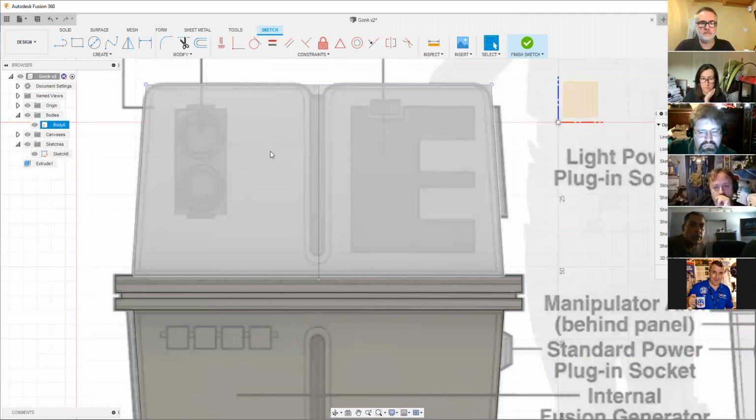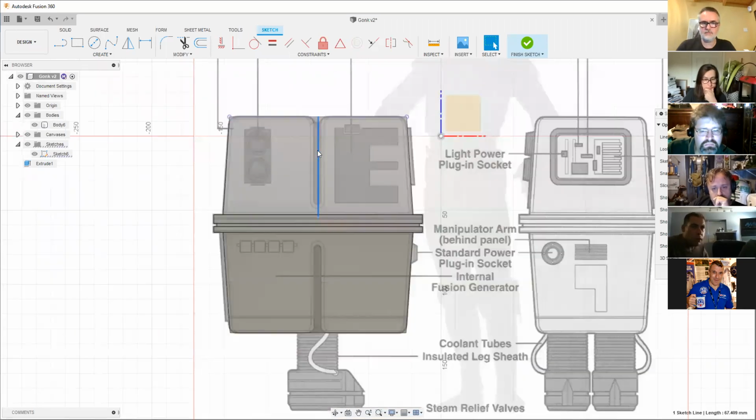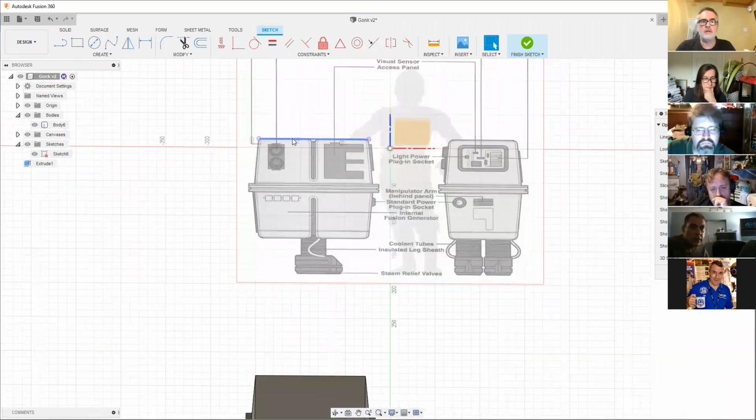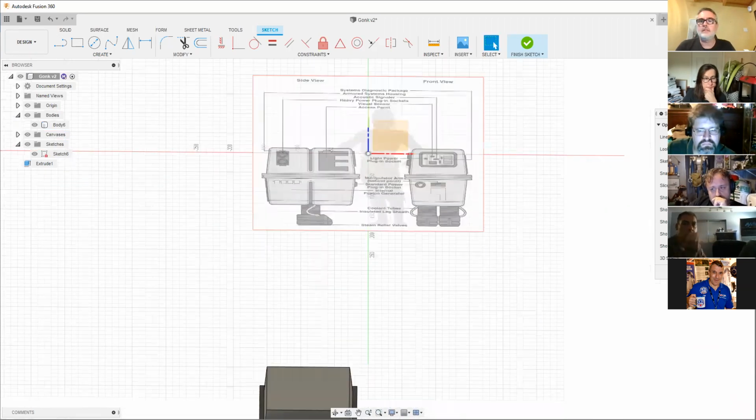Can you show us how you moved it again? Say again, sorry? Can you show us how you moved it again, how you rotated it 90 degrees and moved it over to the side view model? Thanks. Yeah, absolutely. So what I did is,